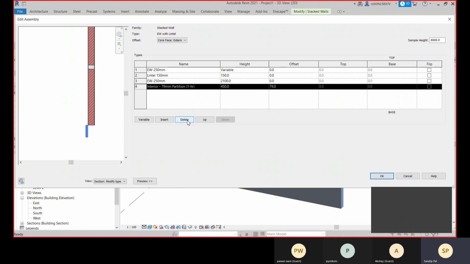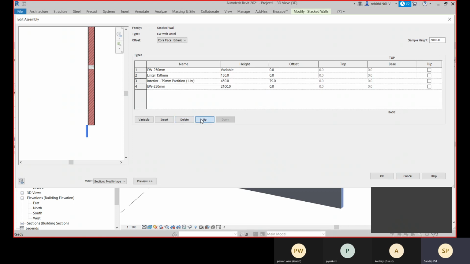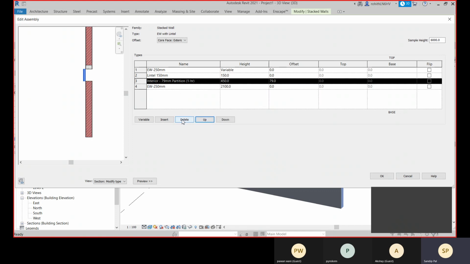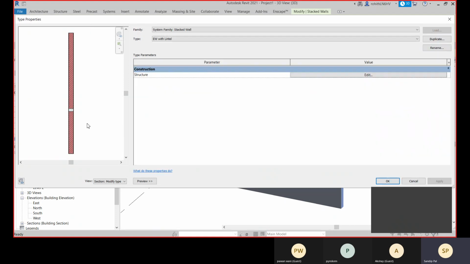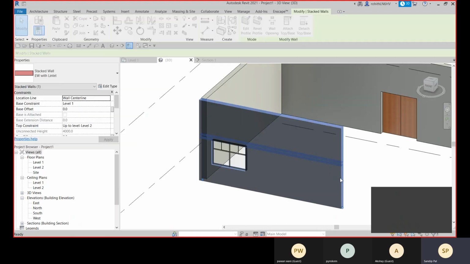So let me delete it. Need to delete it. Click on OK. So I need to create another type of wall. For that I need to create a basic compound wall. So that we will create.